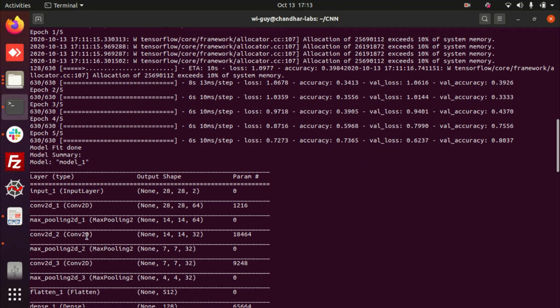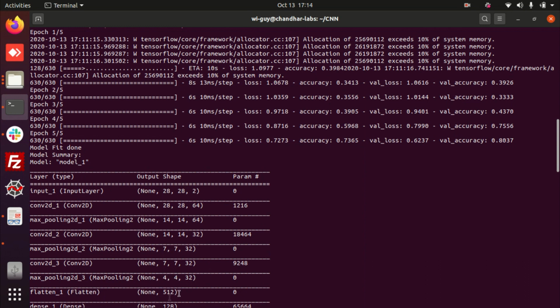In the second stage convolution, I reduce my filters to 32, but the matrix size will be the same as in the max pool layer. Next, the max pooling layer downsamples again, so 7 by 7, with the same number of filters, 32. In the third stage convolution I have also given 32 filters, the same size 7 by 7. The max pooling layer downsamples 3.5, so it has been rounded to a value of 4.